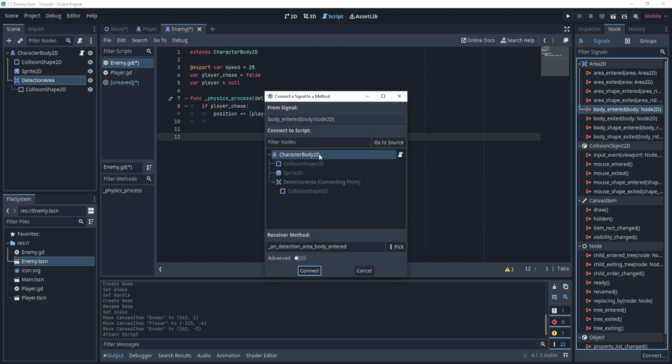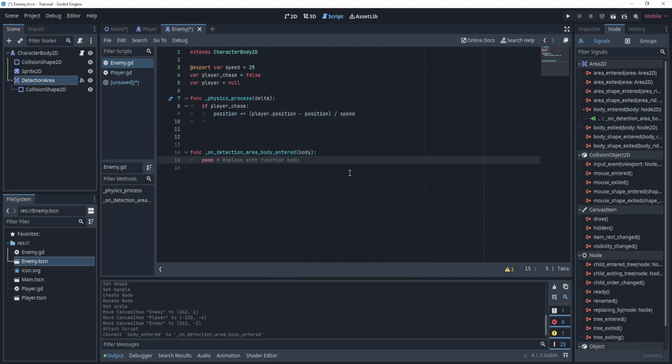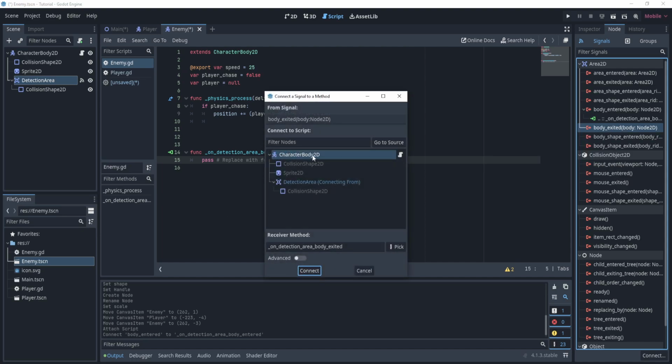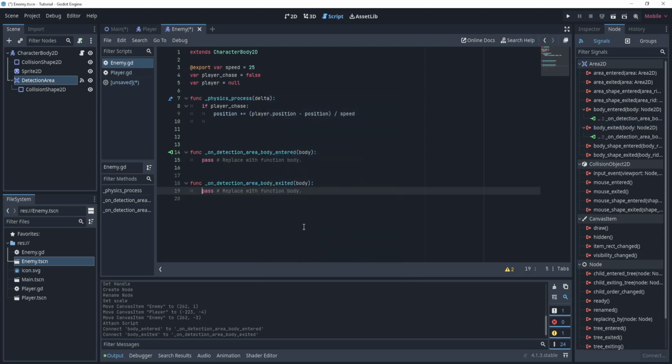If you double click it, make sure it's clicked on character body 2D, and then click connect. And then we also want body exited, which is right below body entered. We want that function too. And then again make sure character body 2D is selected and then click connect. You can then delete what's already in them, the pass